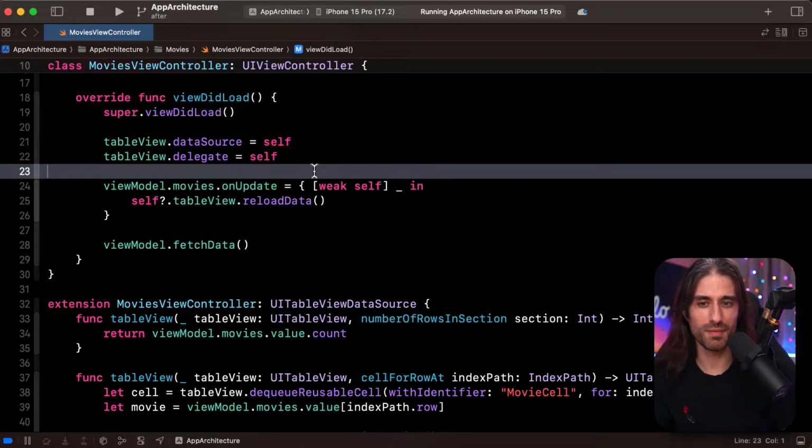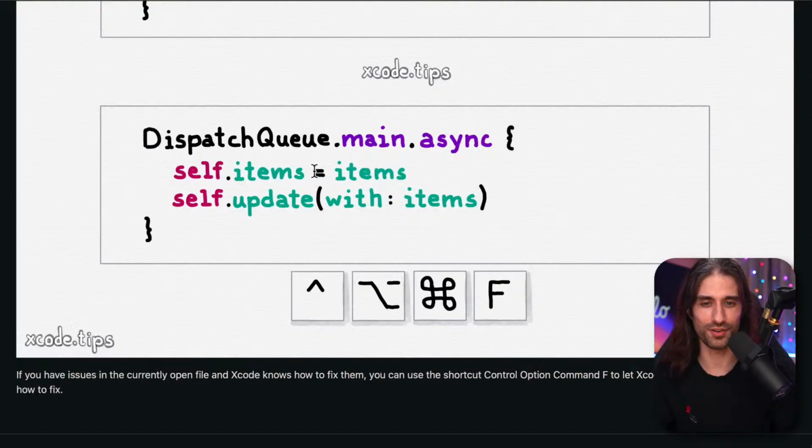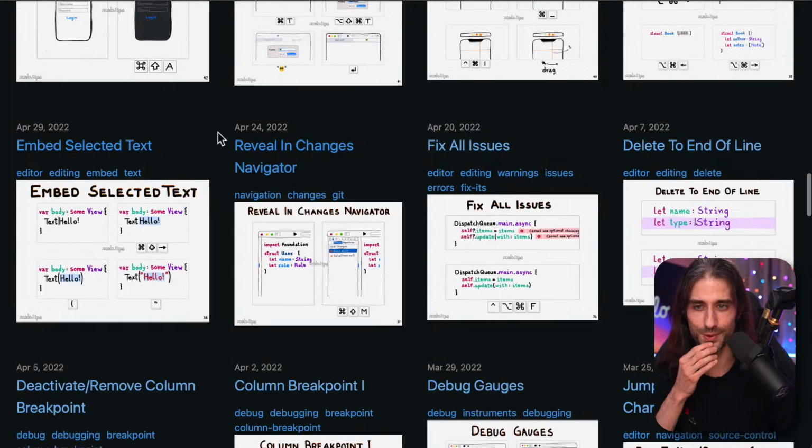Just before you use it, make sure that you know what you're doing because fix-it is not meant to sweep issues under the rug. Make sure that you understand the fix and that you understand why what you've written wasn't working correctly, because otherwise you're not making a gift for your future self. You'll just sweep something under the rug and you're going to trip over it at one point or another. But good shortcut to know.